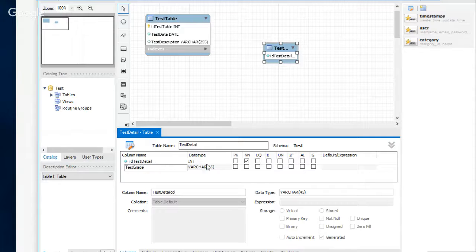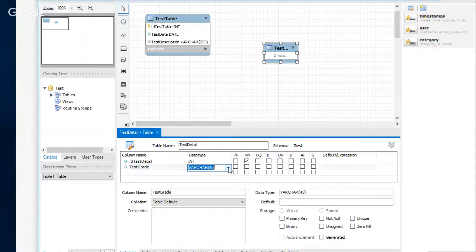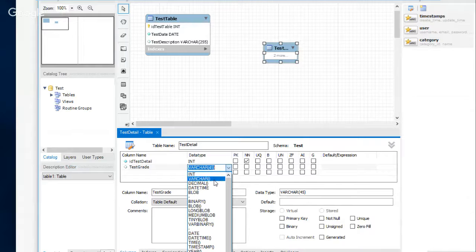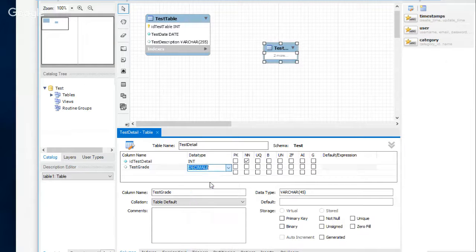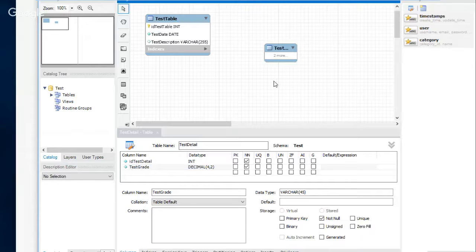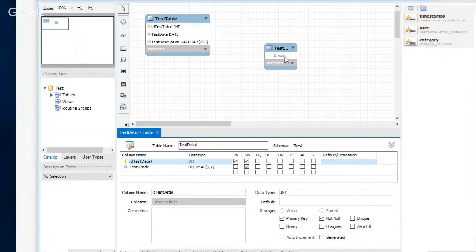Whatever. Let's make that a decimal. And I think when it has parentheses like this, it's kind of like the other. I'm going to do 42. Okay. You didn't make the ID test detail primary key. Okay, so